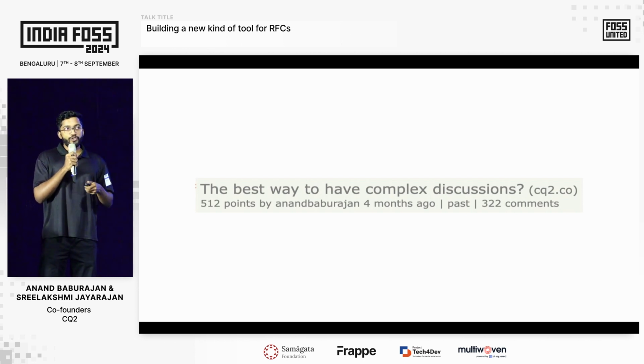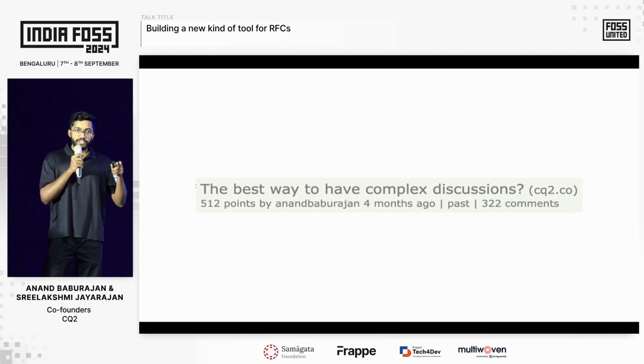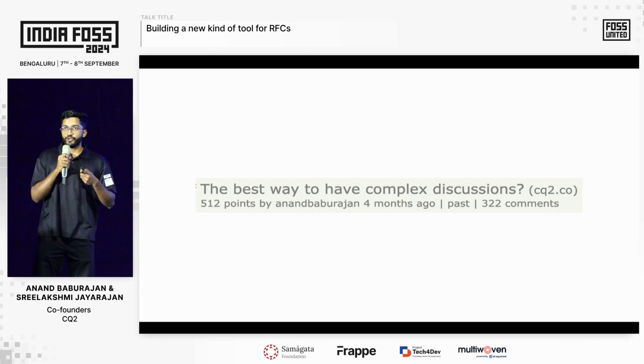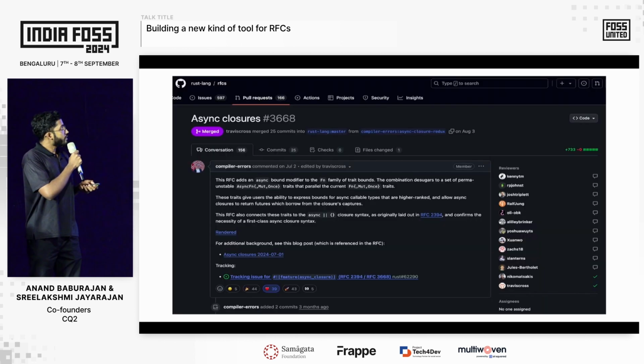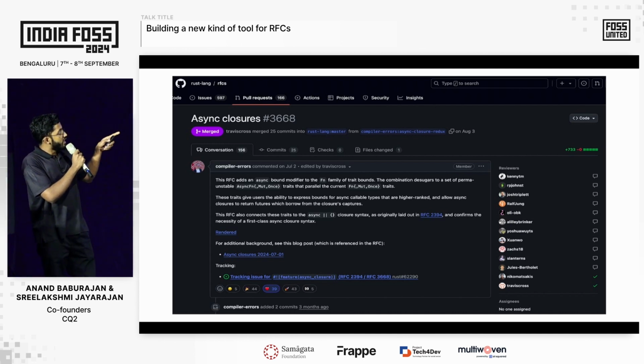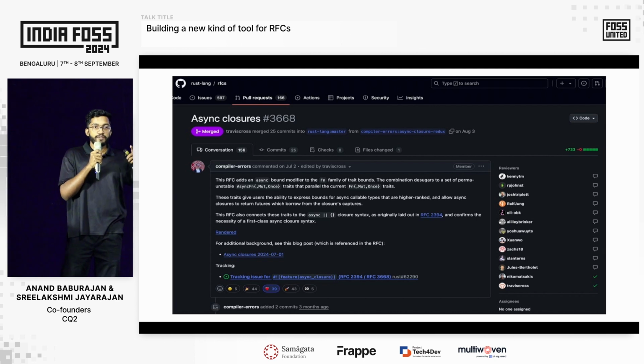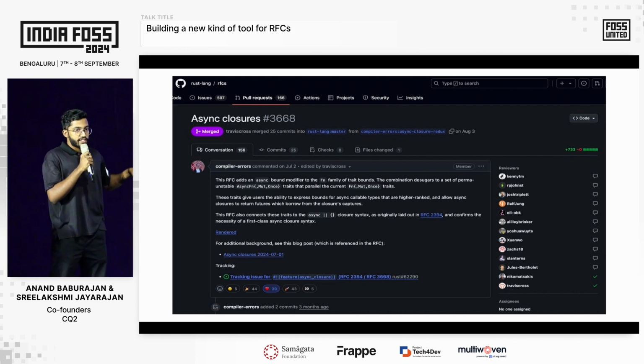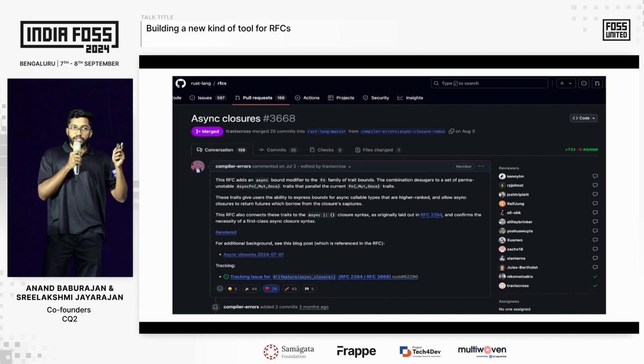So when we were exploring what to do next, I came across that the Rust community has RFC discussions using GitHub PRs. RFCs, for those who don't know, are requests for comments. These are types of design documents which require large amounts of input. So this is how an RFC discussion goes on Rust. You can see there are 156 comments. The RFC document is mentioned in the description, and you have to open it somewhere else. So it's a long, messy discussion. There are no threads. And remember the Python discussion which Rahul shared, that's a kind of RFC discussion too.